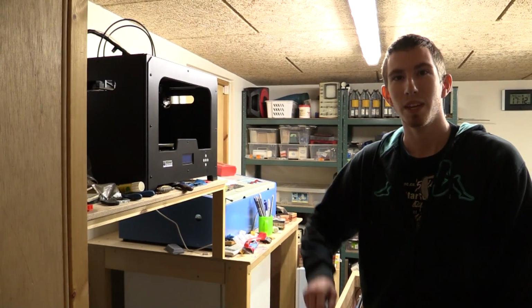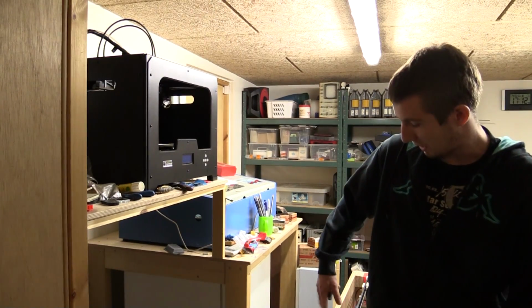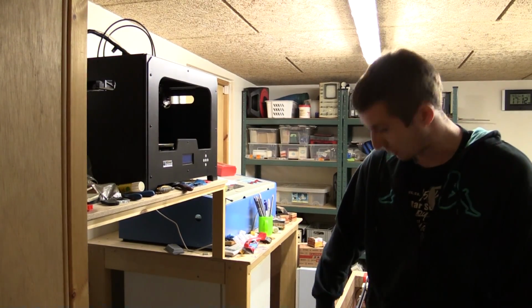But this time we can make it on the DIY 3D printer that I just made. It's not completely finished yet, as you would know if you follow the series, but it can print, so we'll go ahead and use that. I designed a little trophy in CAD, and we'll print that out and see how it looks. It's a little bit bigger than the first test print, so we should get a better idea of how the